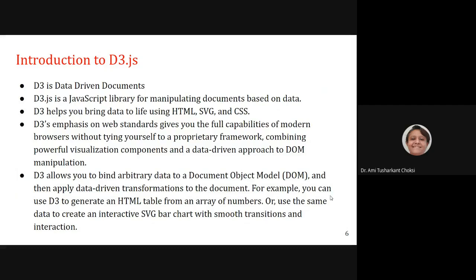For example, you can use D3 to generate an HTML table from an array of numbers, or use the same data to create an interactive SVG bar chart with smooth transitions and interaction. Okay.